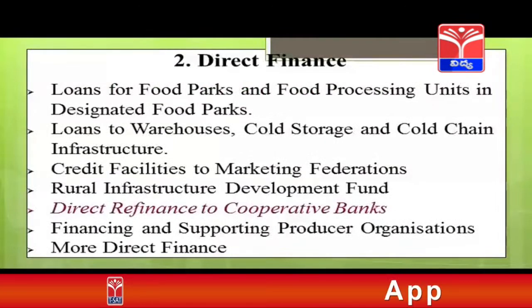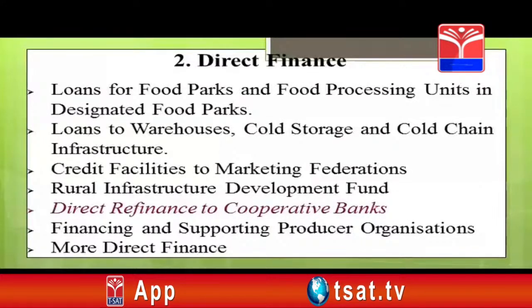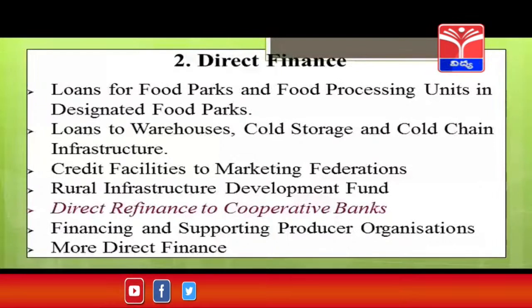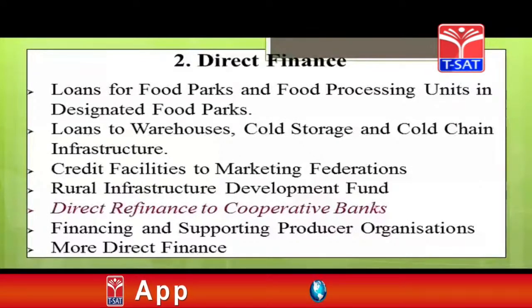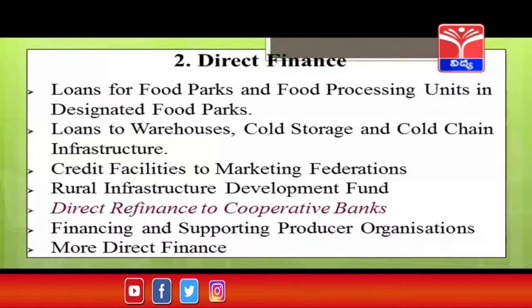Second function, direct finance: loans for food parks and food processing units in designated food parks, loans to warehouses, cold storage and cold chain infrastructure, credit facilities to marketing federations, rural infrastructure development fund, direct refinance to cooperative banks, financing and supporting producers organizations, more direct finance. In these two financial functions, direct finance has more importance, NABARD giving direct finance